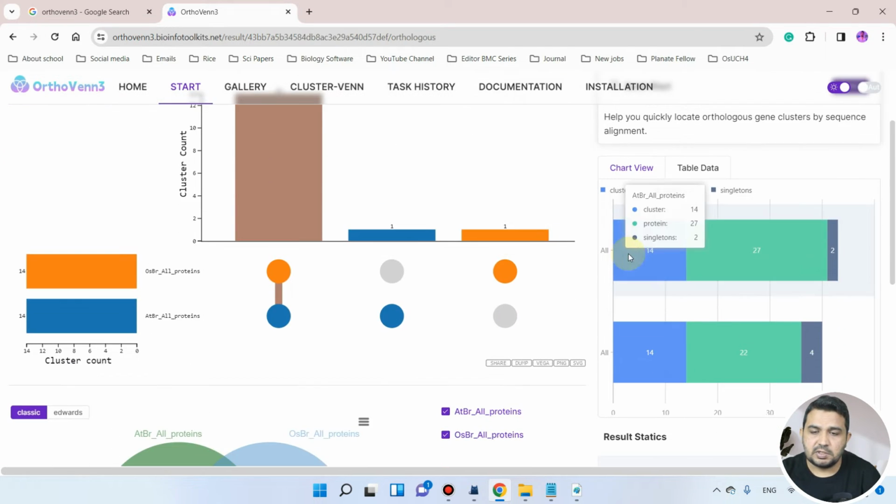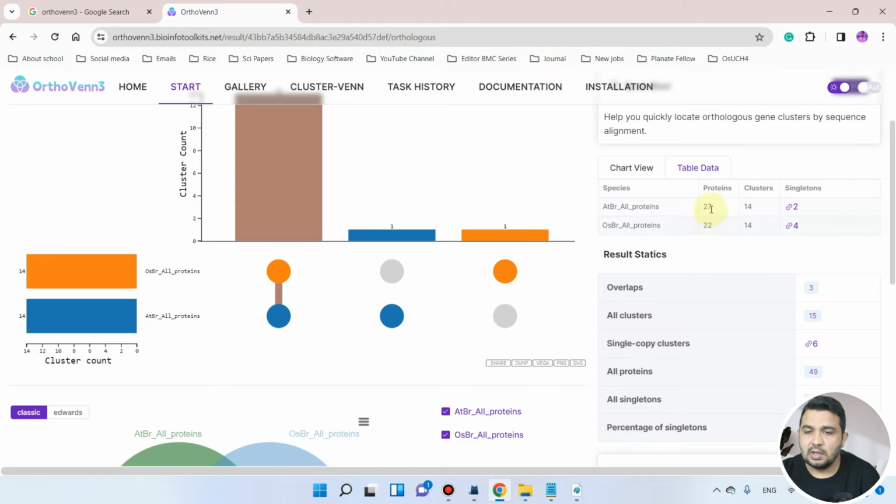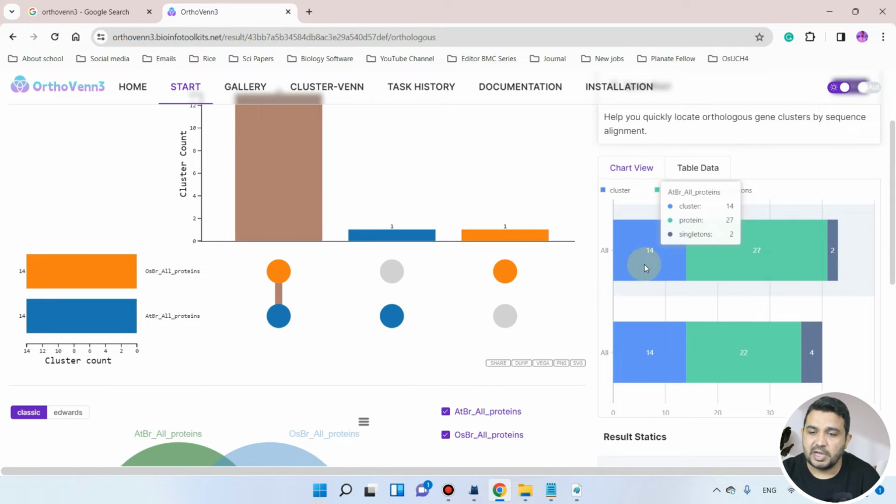If we take the chart view or the table view, we can see that in Arabidopsis there were actually 27 proteins which were divided into 14 clusters and 2 singleton categories. In the rice genome there were 22 proteins which were divided into 14 clusters, and 4 belong to the singleton category. So we can go back to this one.